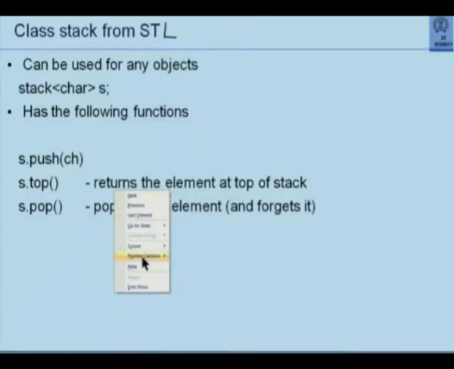The operations on this stack are exactly as I described some time ago. So I have, for example, a push operation, s.push(ch). Notice that I have defined it to be a stack of characters. So obviously I will have to give a character as an element. Whatever character element I give as a parameter, actual parameter, it will get pushed on top of the stack. S.top, as I explained, returns the element at the top of the stack without disturbing it. And S.pop pops out an element and forgets it. So as I said, I should use that as a combination whenever I want to do certain things.